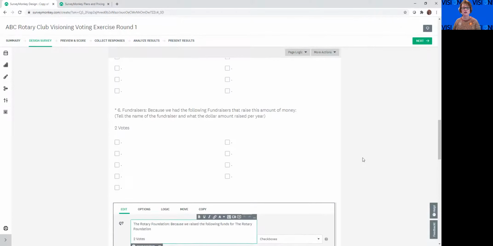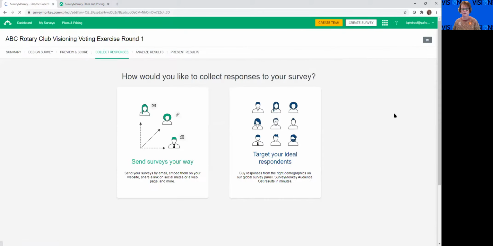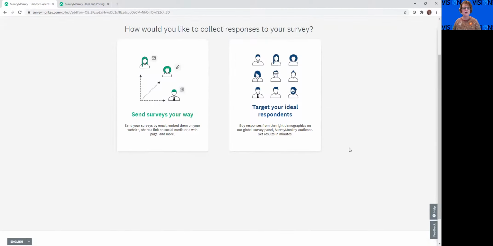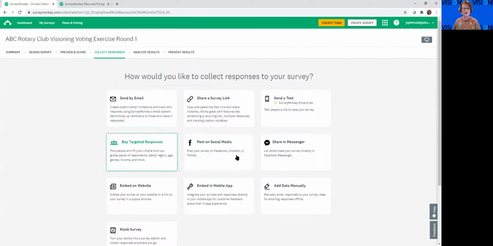So once you get finished with the extracting, then you would go into collect responses. So this is what we illustrated on our training materials where we actually need to choose. So I don't have answers. We'll see how this works. Basically, you'll click on collect responses. And what you're going to do is share a survey link. So when you click on share the survey link,